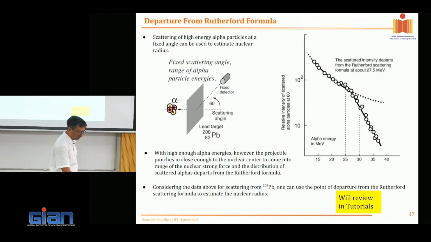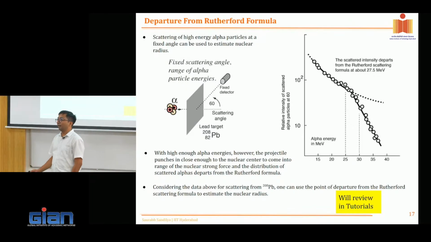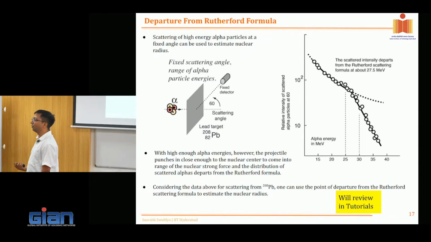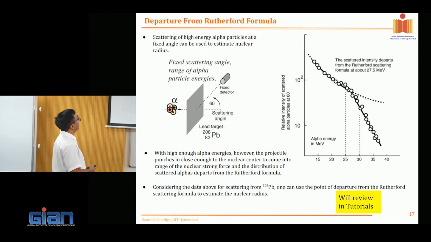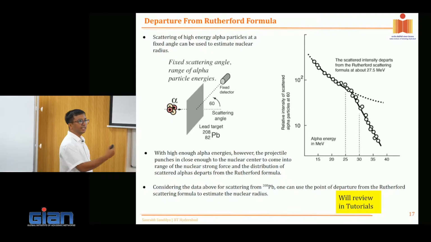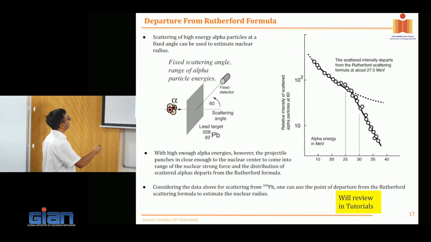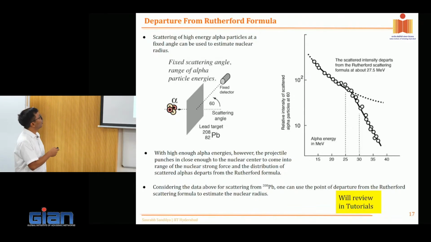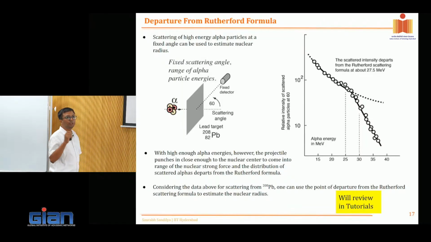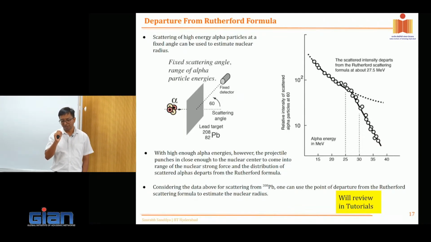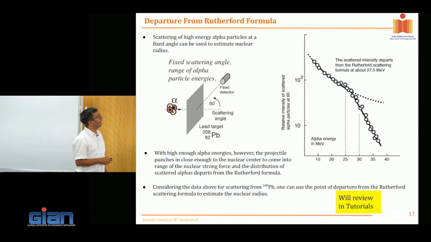So this was it. Another way to find the size of the nuclei from a Rutherford-like experiment is that you keep on increasing the kinetic energy, and at one point the Rutherford scattering formula breaks. So we have an alpha particle that you are shooting at the gold foil, and you put a detector fixed at some angle, say 60 degrees, and you keep on